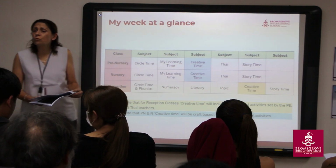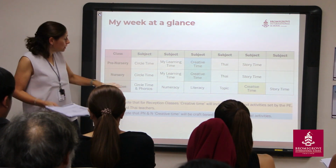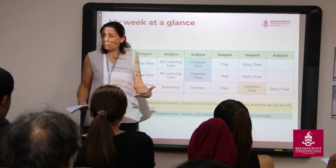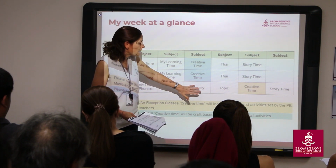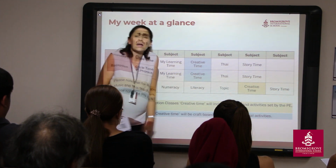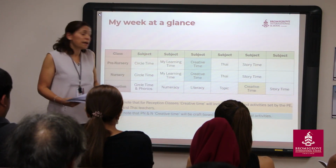For reception, it will run in a similar way, but their learning is segmented a little. So instead of my learning time, we divide it into numeracy and literacy, which mirrors their learning in school. So there'll be numeracy, literacy classes, they have a topic time, and then they have creative time. And within the creative time set, this is where the music teacher, the PE teacher, and the Thai teacher will